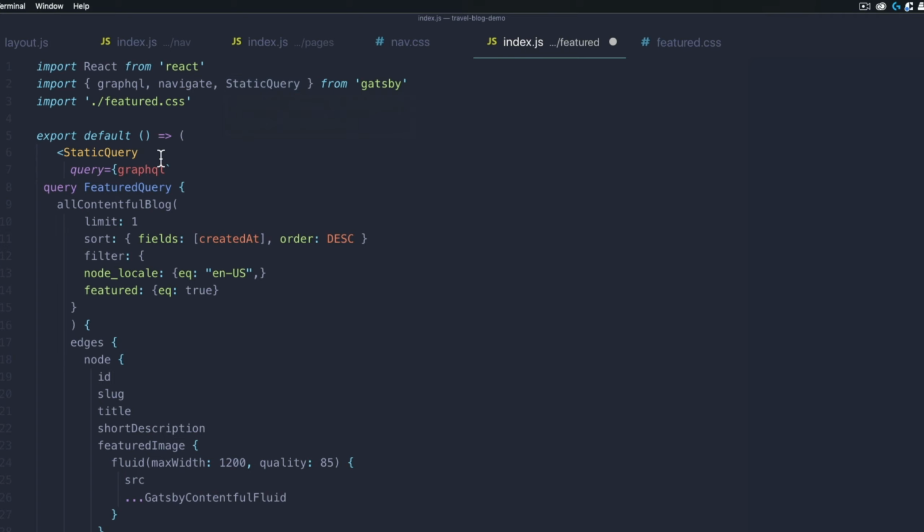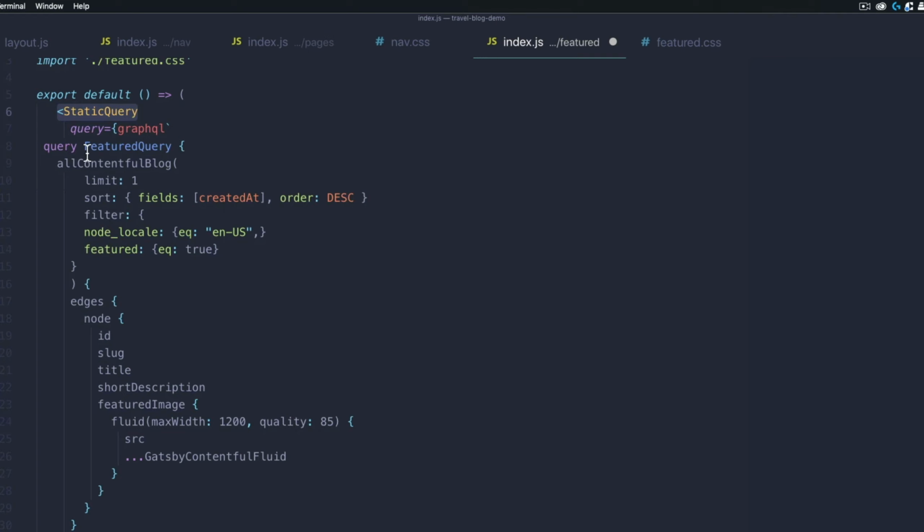So you can see here, this is how we're going to call the static query within our component. You can see that we need to give each query a specific name. So we name this one featured query. And then you'll see that we called something called all contentful blog. And this naming convention is coming straight from the Contentful source plugin documentation. And by putting all in here, the source plugin is going to look at all of the blogs that are